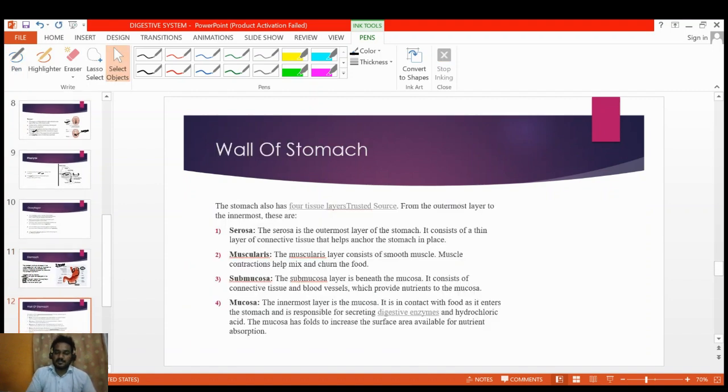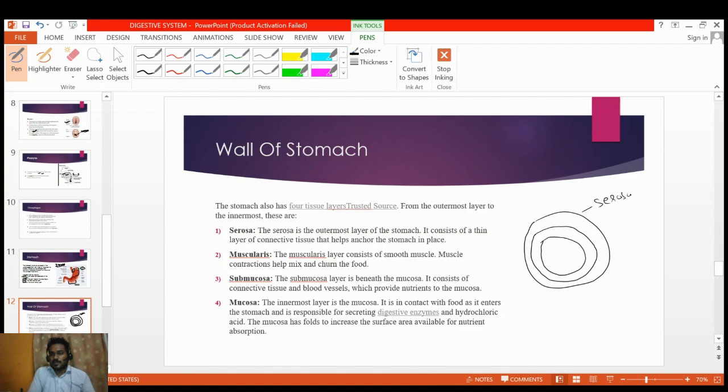In the wall of the stomach, students, or in the alimentary canal, we can observe four specific layers. Serosa is the outermost layer. Next to this, we have two layers which are known as muscularis. The outer one comprises longitudinal muscle, and the inner one comprises circular muscles. So the outer one is the serosa, and these two are the muscularis, the longitudinal,